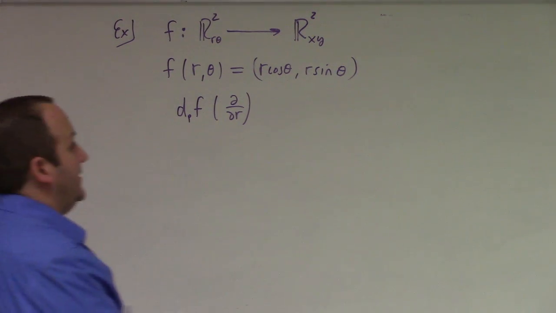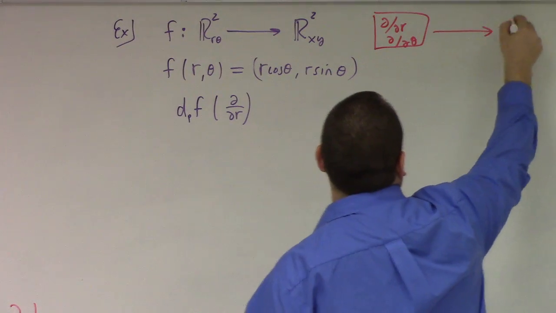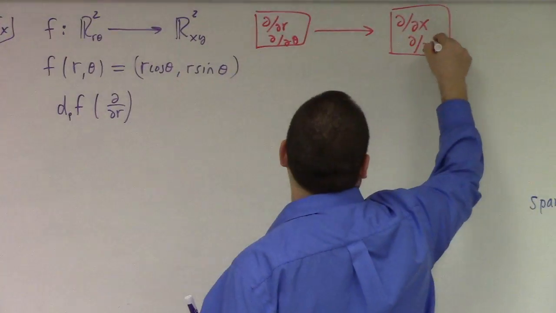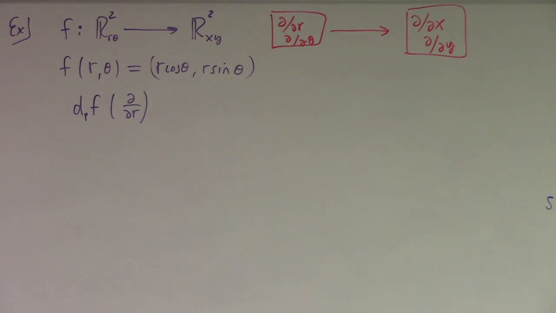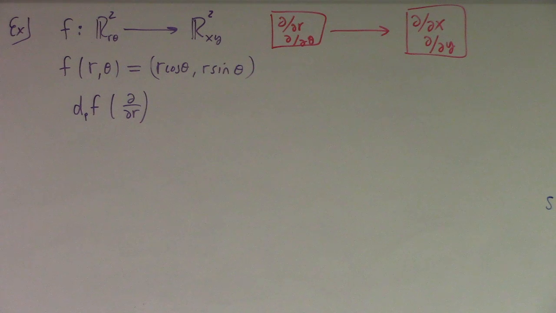So just to reiterate, I'm going from a space with partial r and partial theta as my derivations over to another space where I've got partial x and partial y as the derivations at a point. I'm really thinking of the point being fixed here, but okay. So this is what. I guess I can either use this formulation or I can use that formulation. I guess I'll do this one. If I look at partial r, I'm really looking at x with x1 being 1 and x2, like the big X, big X number 1 is 1, big X number 2 is